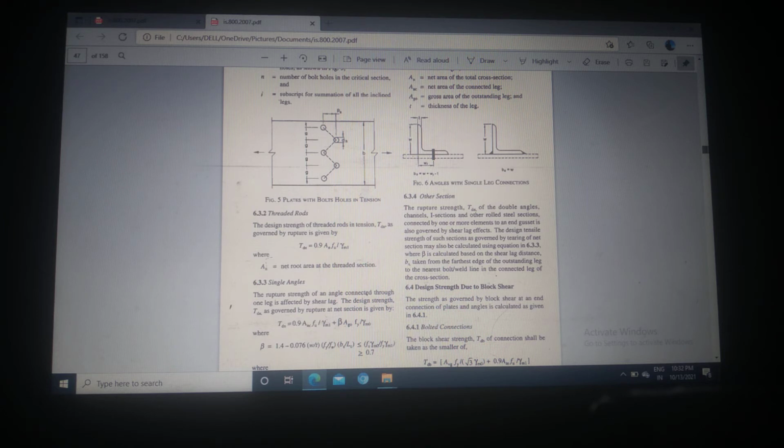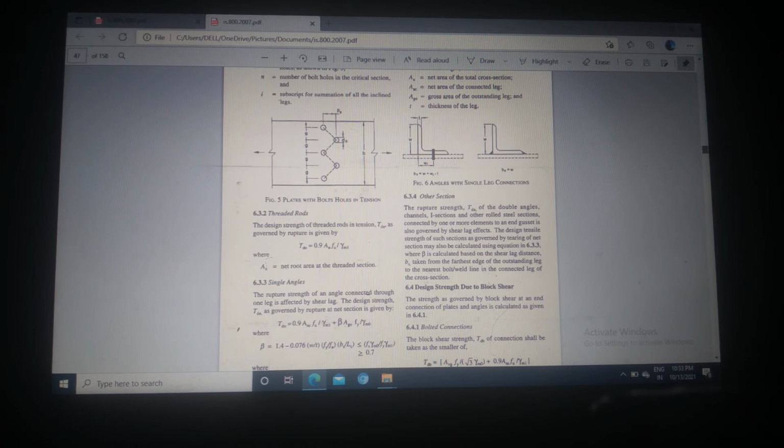The formula is the same, but some minor difference is there. The difference is length minus half of thickness minus gross bolt diameter in the bracket, then bracket close into thickness. So we just subtract the gross bolt diameter into thickness. In a broad sense we can understand, because we are finding the net area, we are always subtracting the area occupied by the bolt diameter from the gross area. And as we are talking about ANC, the connected leg, length will be of the connected leg, and thickness will be of the connected leg.